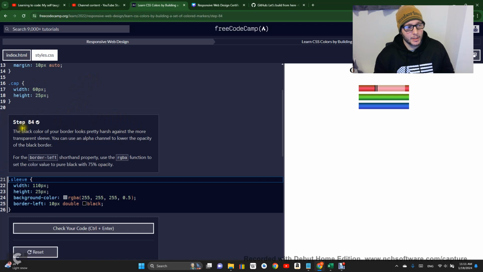All right, step 84. The black color of your border looks pretty harsh against the more transparent sleeve. You can use the alpha channel to lower the opacity of the black color. So for the border left shorthand, use the RGBA function and set the color value to pure black with 75% opacity. So instead of this,